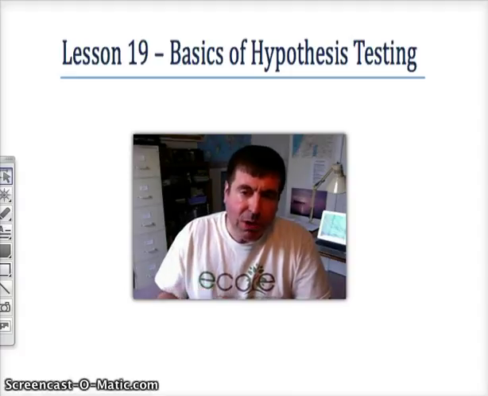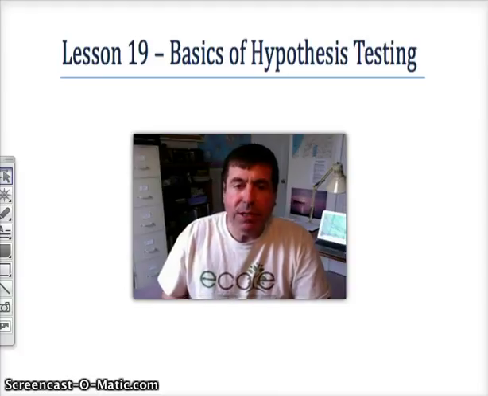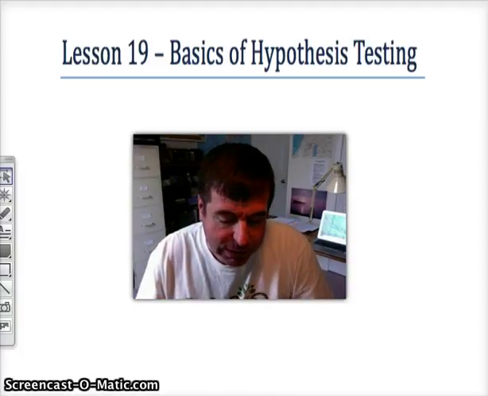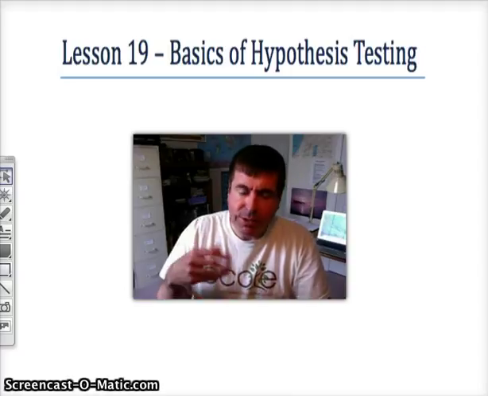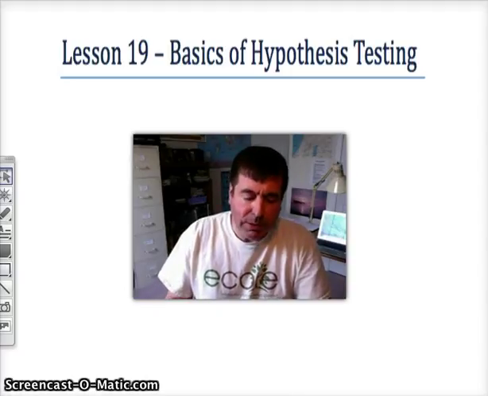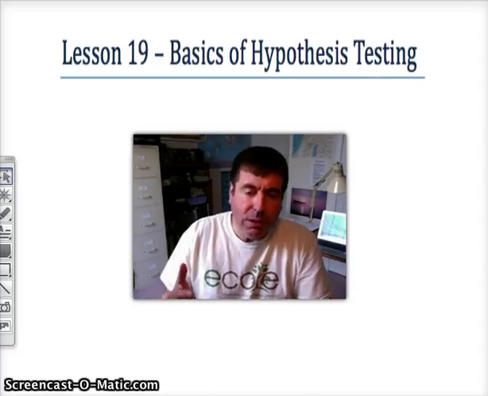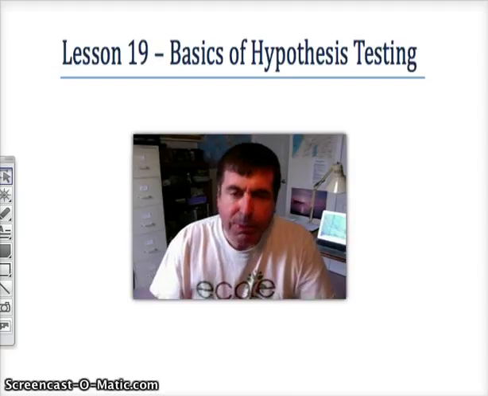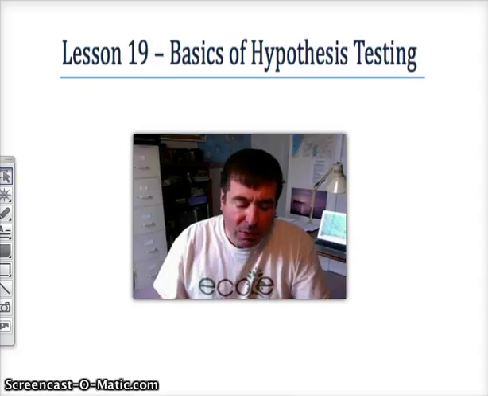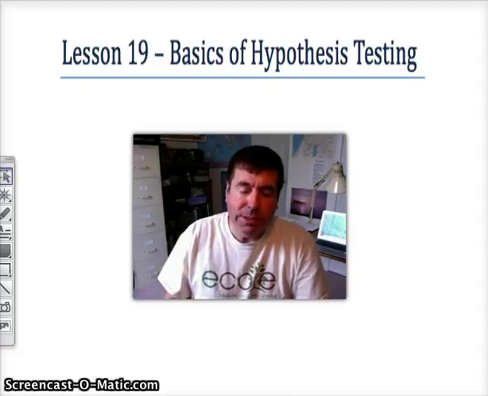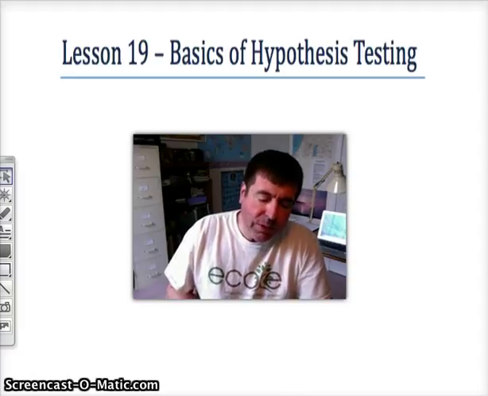So we need to go through a process of setting it up. We have to get some information. So we're going to take a sample of USG students, and then we're going to go through some type of process. It's going to use some calculations. There's going to be some number crunching going on, and then we're going to come up with a conclusion. And we don't want our conclusion just to be based upon our feelings. We want it to be scientific, if you would. And in order to do that, we need to know what we're doing in this business of hypothesis testing. So it's very important that we do this work